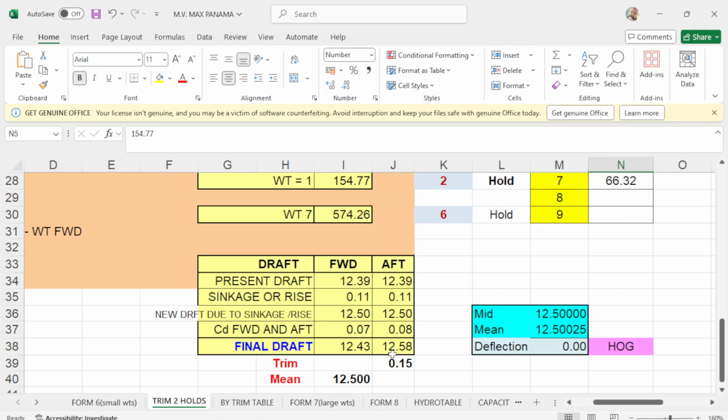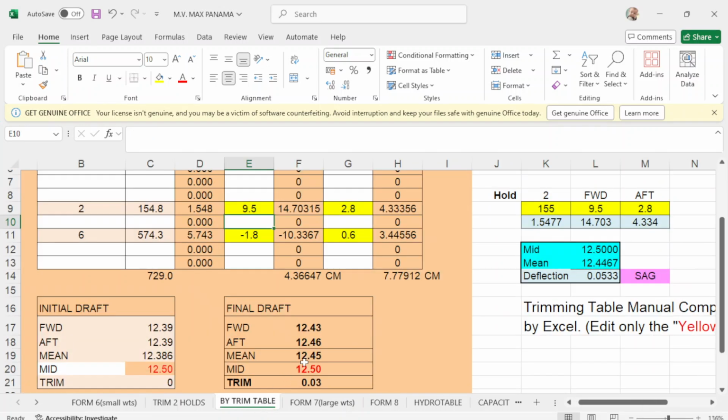1258. You put here 0, positive 0. So put here 1.